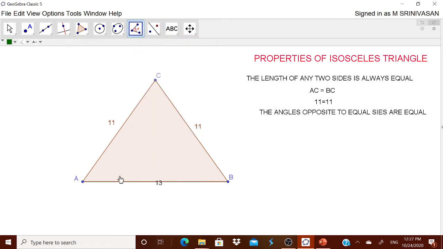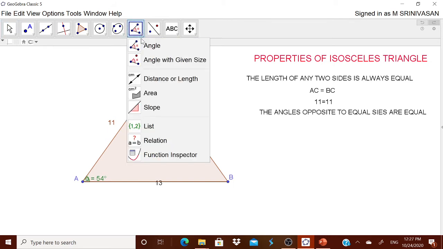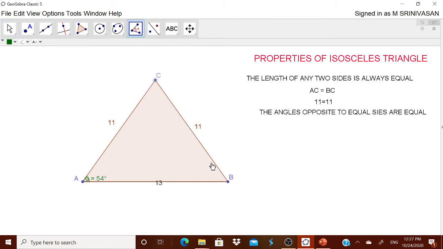For this, I will take this angle. Angle A I want. Touch this B, touch this A, touch this C. You got it. Again escape. I want this angle B. Always do it in clockwise because it is the default setting. C, B and A. I got it now. Okay, I push it and then put it in the inside so that it is visible to everybody.